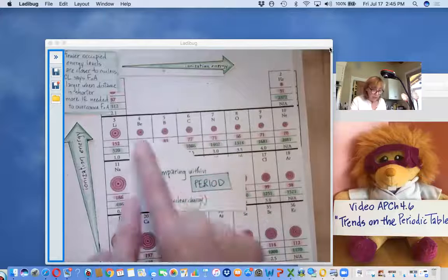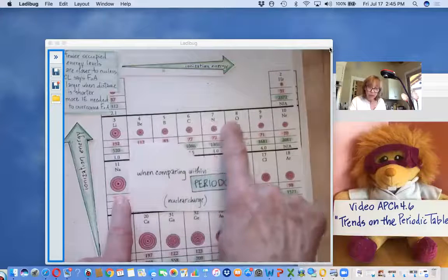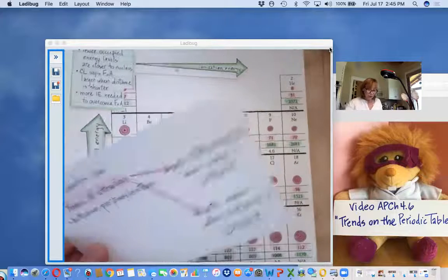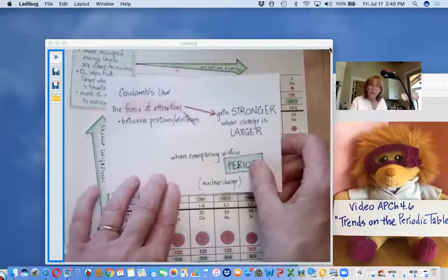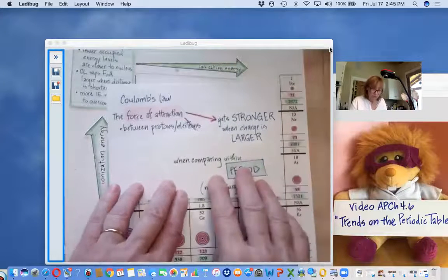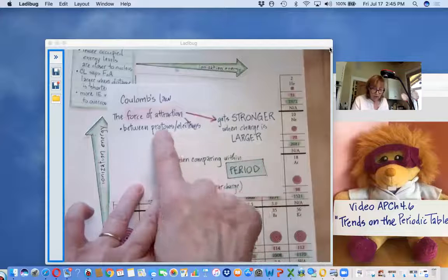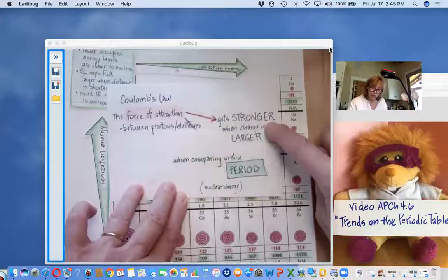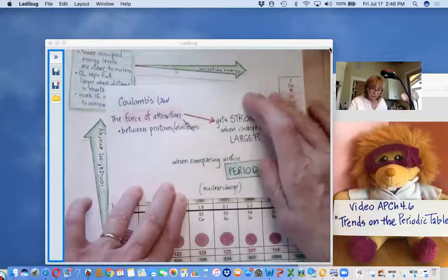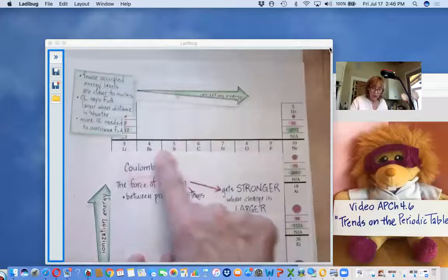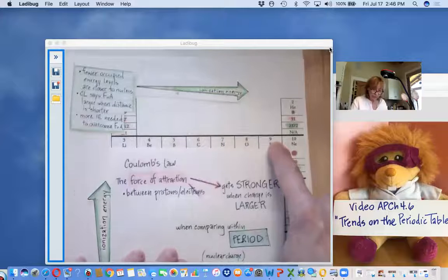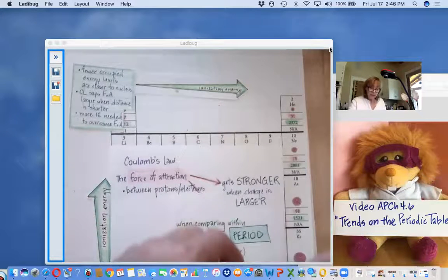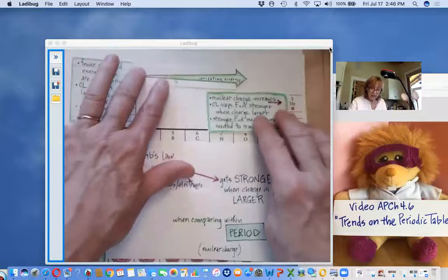And again, as we go across a period, we see nuclear charge increases. And Coulomb's law tells us that force of attraction between the protons and those valence electrons gets stronger when charge is larger. So as the nuclear charge increases, the force of attraction increases, and therefore more ionization energy is needed